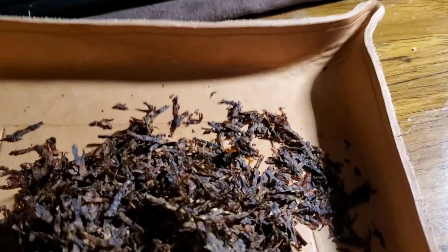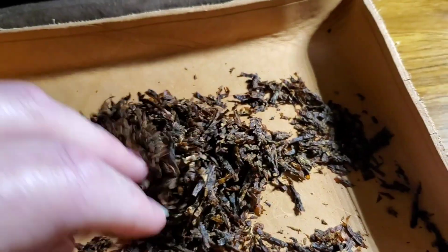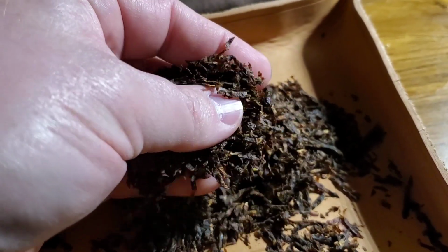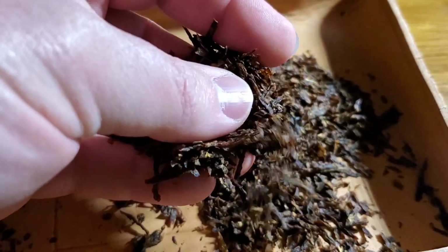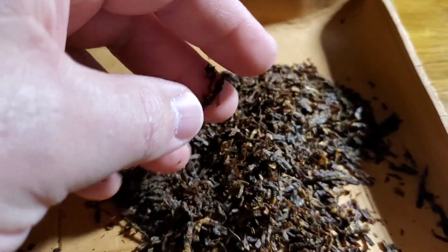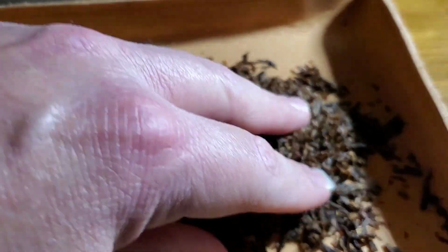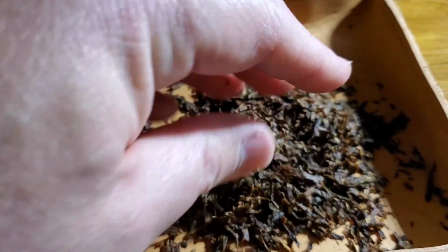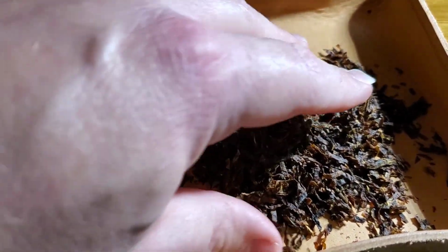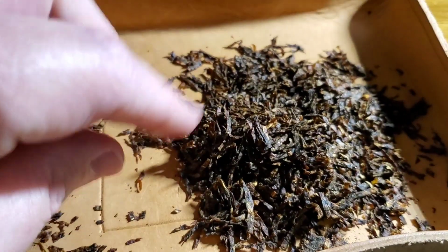But it smells fantastic. Just going to get a quick whiff here real quick. Yeah, smells really good. Nice grassy hay, some earth for sure. But with that pressing process, it's got a little bit of deepness to it as well. And I believe this has some spice added, because I looked it up, and the tin art's got some sort of wintry themes going on. So I believe maybe a pinch of sugar and some spice going on in here too,